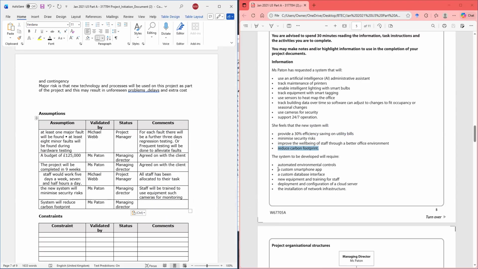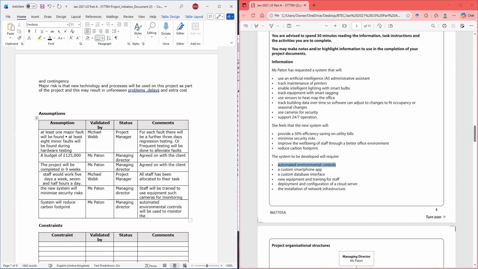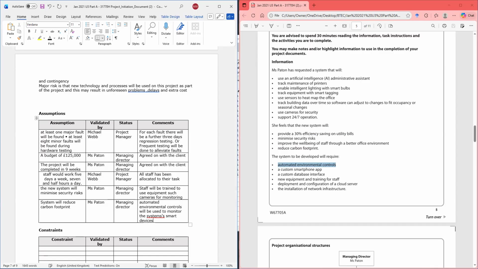So, by automating, we're going to say: automated environmental control will be used to monitor the system, smart devices. All right, and that's the assumption done.